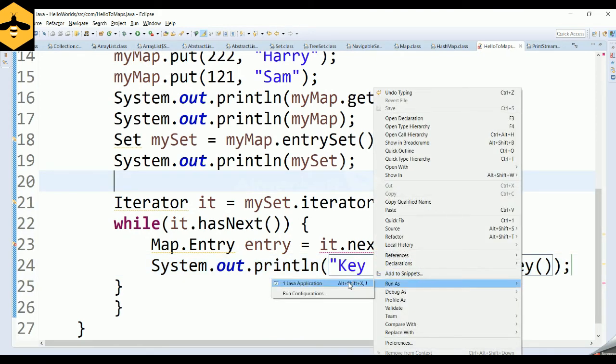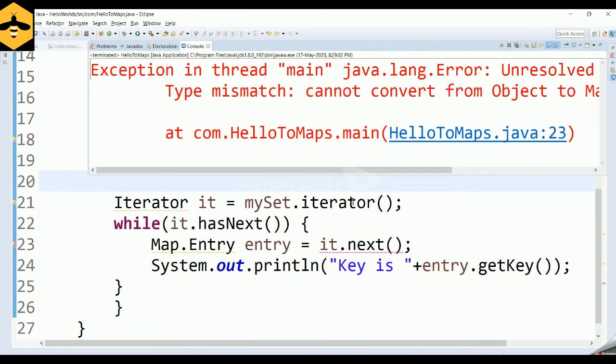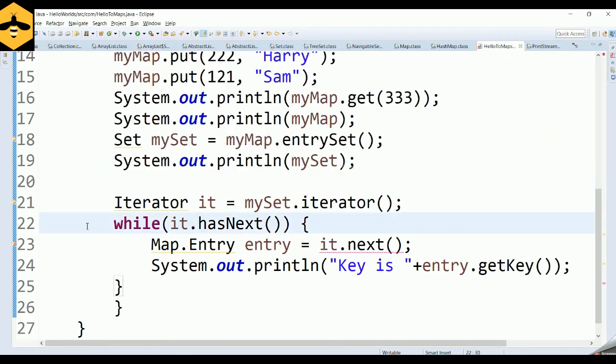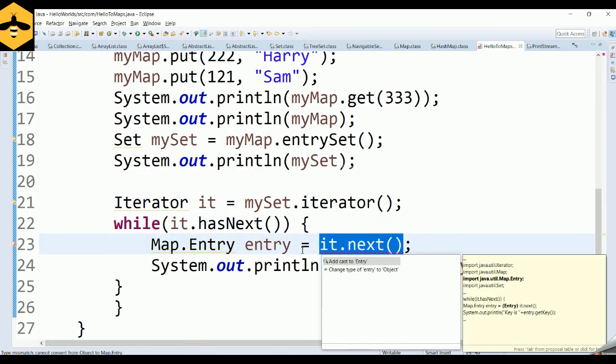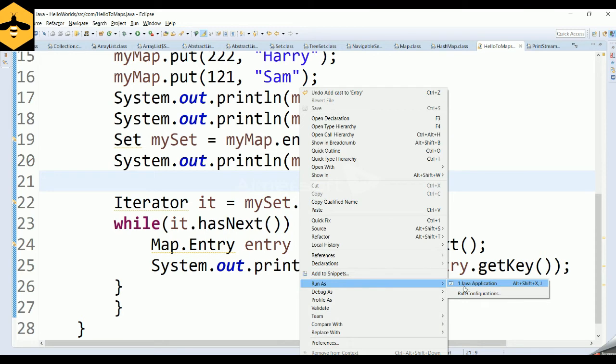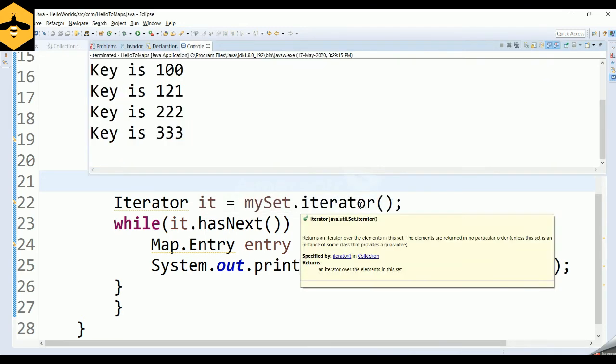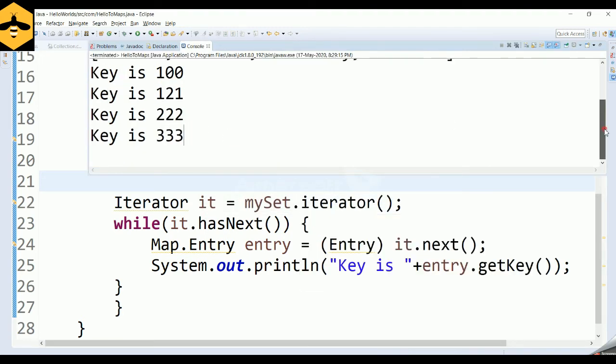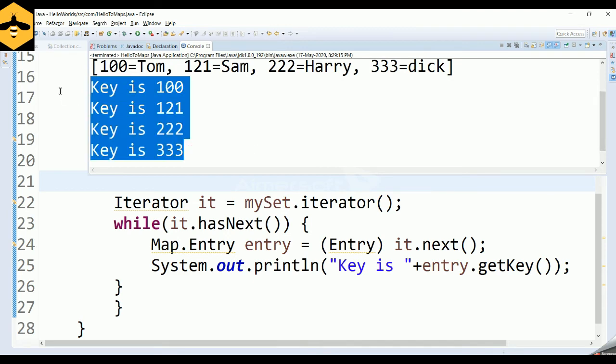Now since you have printed only the key, run as Java application, and you can see there is an unresolved problem: iterator.next, add cast to the entry. So you have to just cast this particular object to an Entry type, and now if you run this program, you will see it printing the various keys which are available in your map.